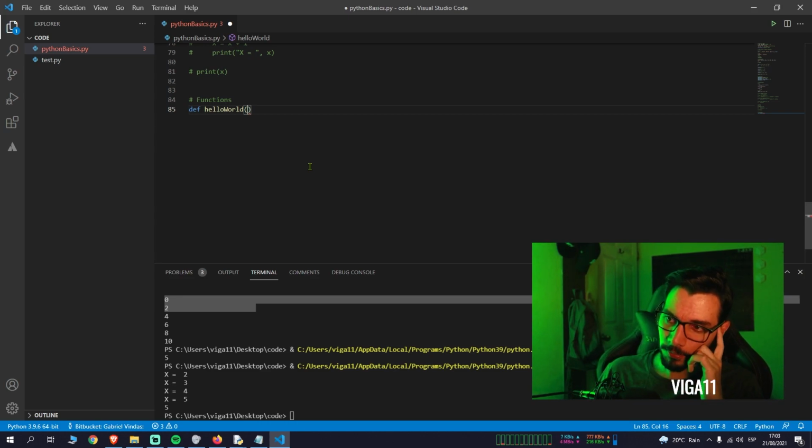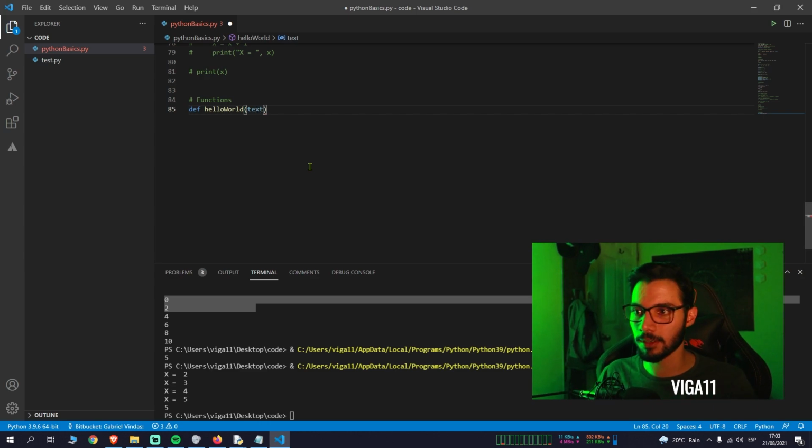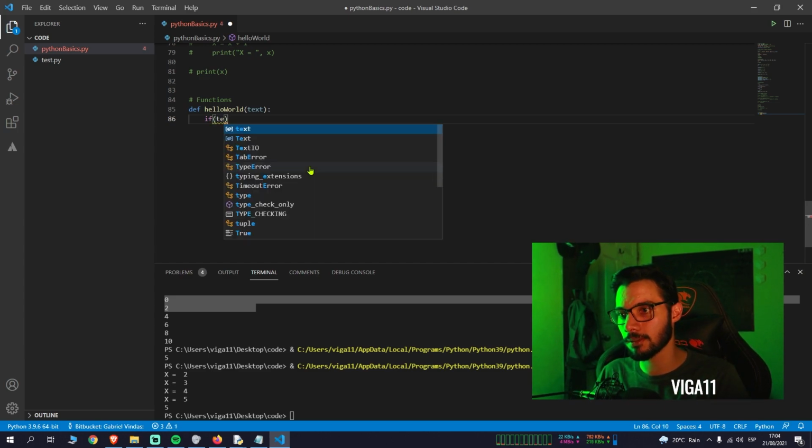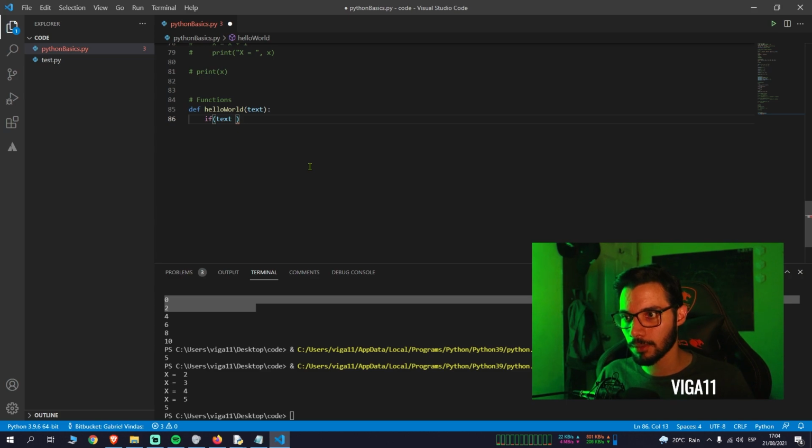So let's see, maybe we have a text that is going to be our argument. Okay, and again, the colon, just to start. It will automatically set the cursor to the right position. So here we can have anything that we want: conditionals, variables, constants, anything that we saw before, but just together. So let's say we want a condition that says if our text is equal to hello world,